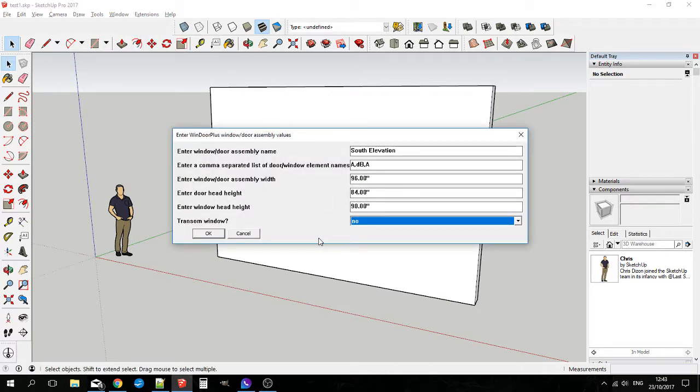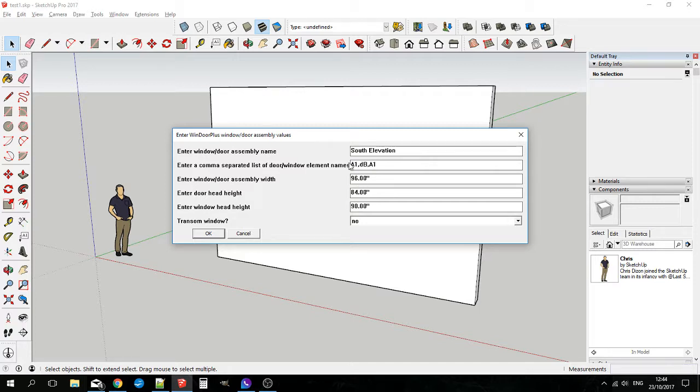The initial dialog box for information for the window door assembly lets you input a name for the window assembly, and the second field in the dialog box you can see is a comma separated list of names. These names can be more than one character long, by the way, so if you wanted you could make that A1, not A1, and DB.